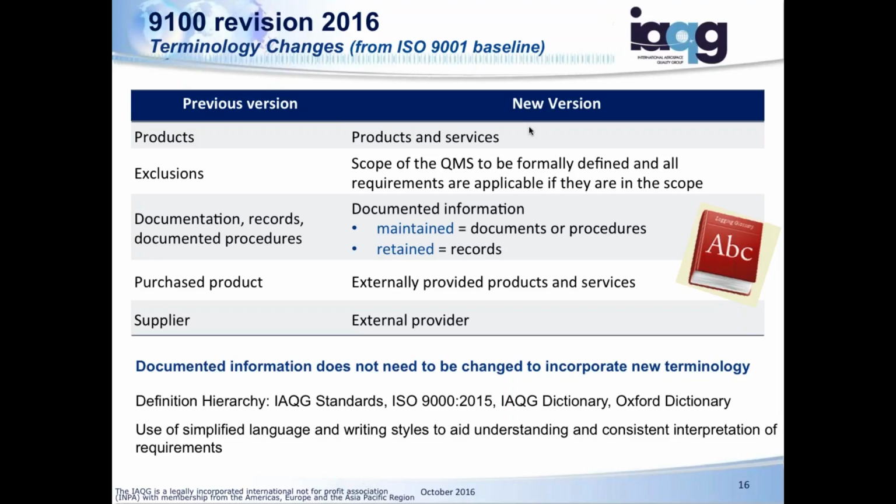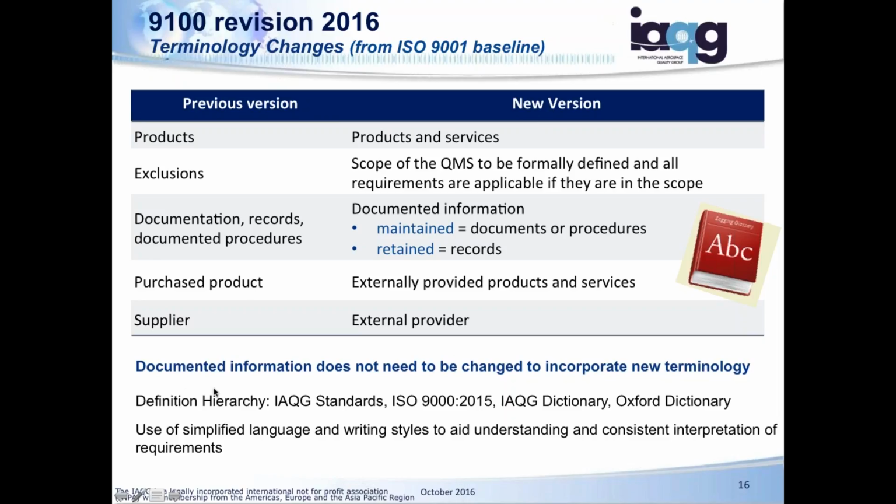Also, some of the questions we get is, do I need to go change to the new structure? There is not a requirement to go change to the new structure, but if you're going to change your documentation, the team strongly recommends that you structure your documentation around your processes. I'm sure you probably have other standards that you need to be compliant with, more than 9100. So let's have you be in control of your documentation structure. You determine what the structure is based upon your processes.